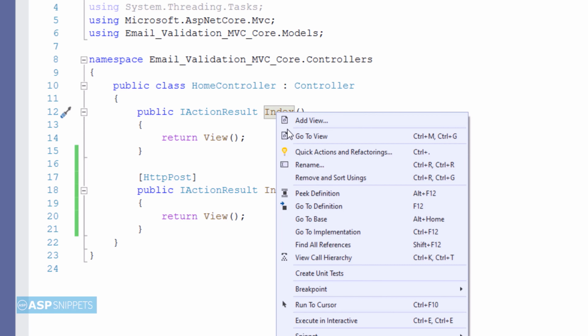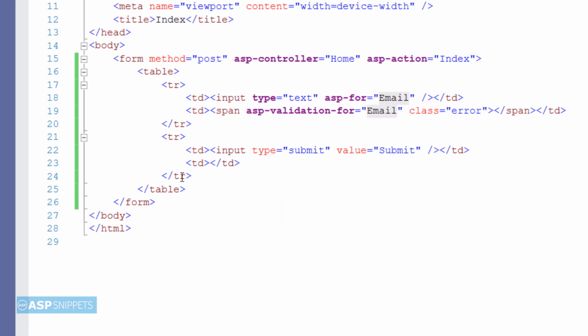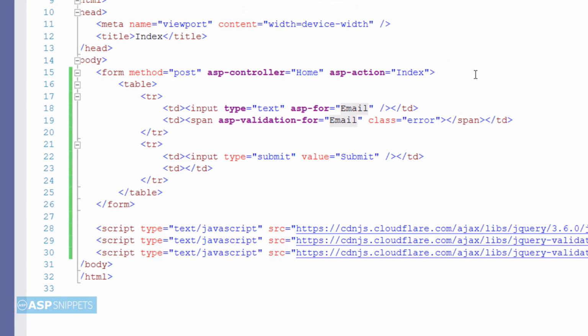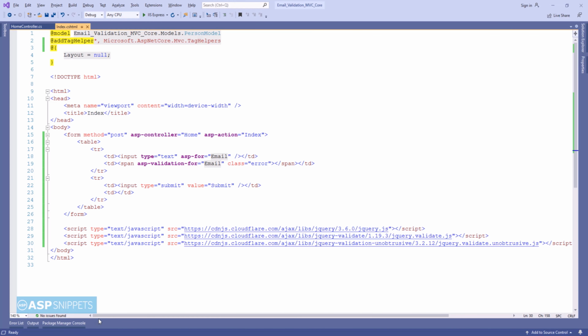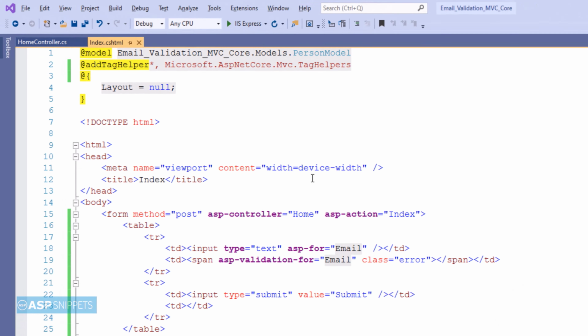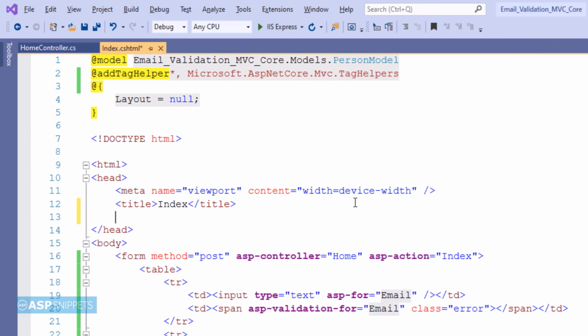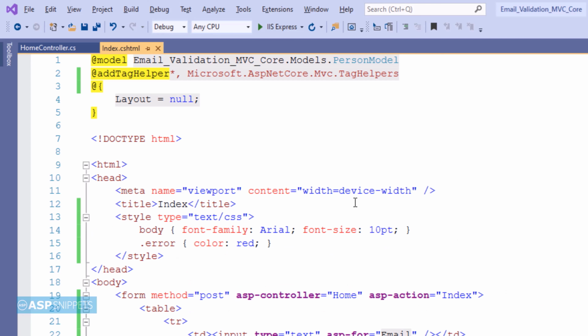Now again, let's move back to the view. In order to enable client-side validations, I am inheriting some script files, which includes the jQuery library, the jQuery validation plugin, and the jQuery validation unobtrusive JavaScript library. Here I have pasted some CSS classes. This is required for styling the view as well as setting the color for the error message, which will be displayed during validation. So with this, we are done with our view, and we can now run the project and